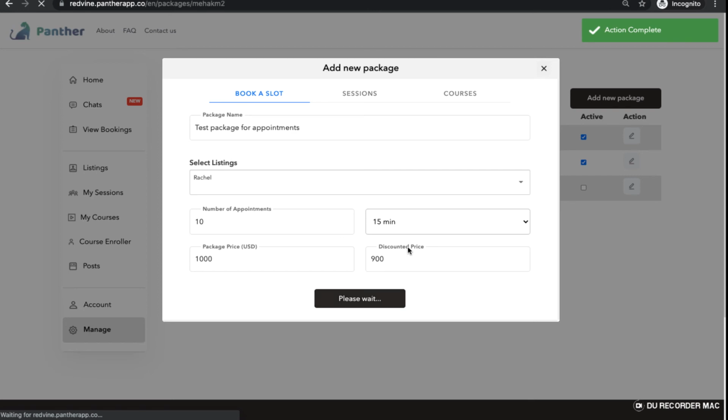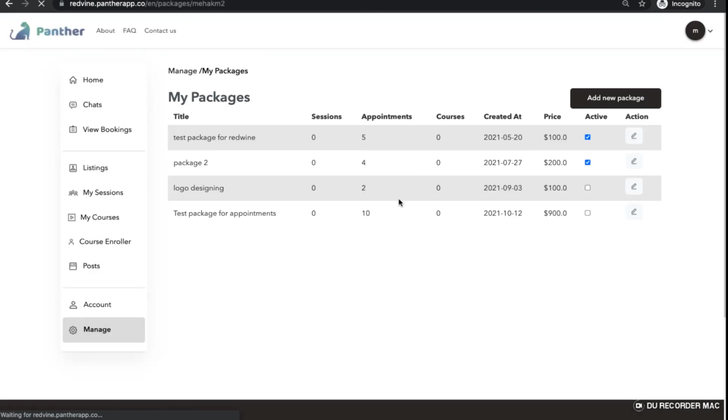So once I save it, on the user end, they will be able to see a package for my consultations, wherein the package would include 10 of my appointments for a discounted price of $900, whereas the actual price for these appointments was $1,000.